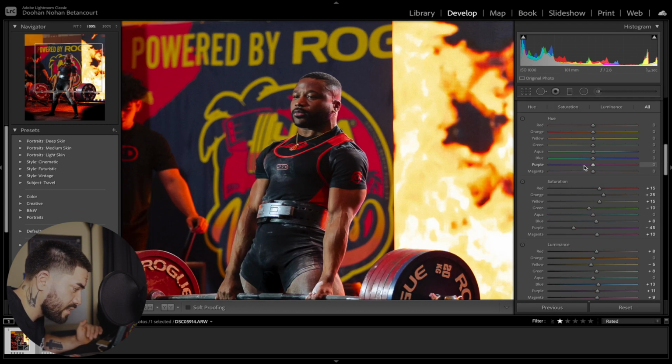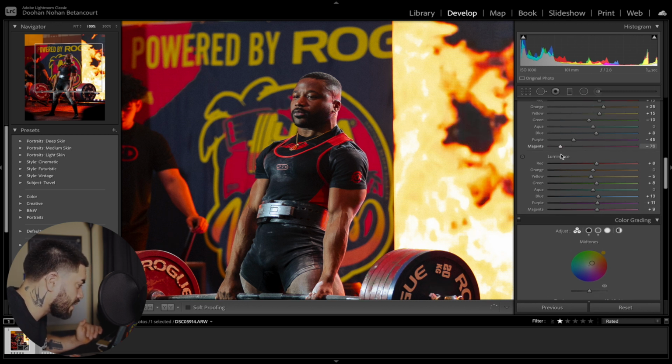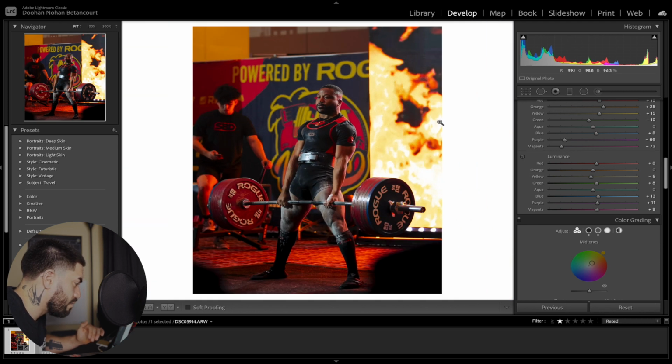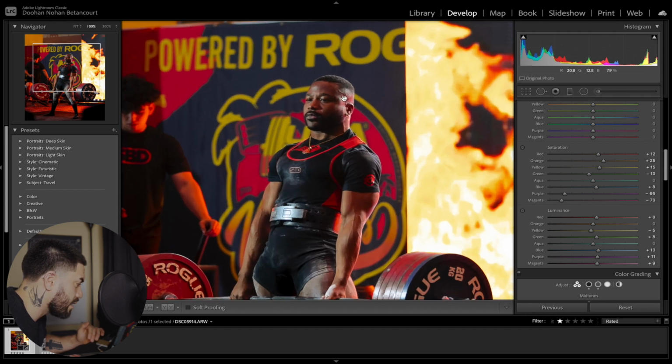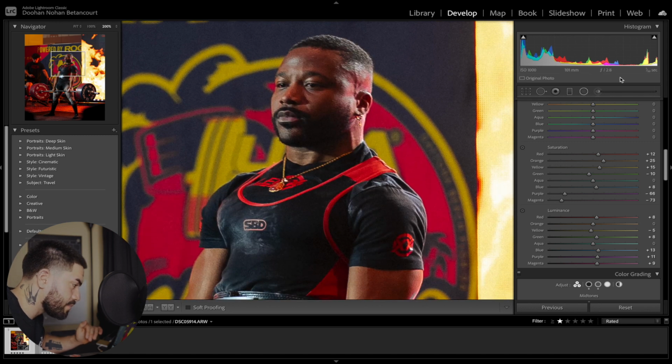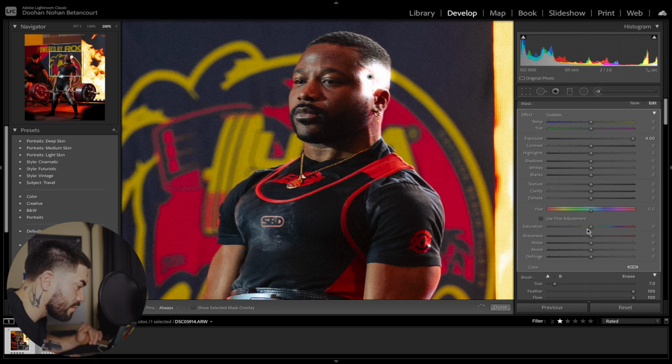There is some magenta and purple, so let me see if I can actually do anything here with the saturation. Maybe desaturate that just so it's not popping too much in his head. And then if we go back, that should be good. A little bit. I would say let's do some black, but then that would do the blacks on everything. I'm thinking if we could just, let me just go ahead and add a brush over this and see if we can desaturate that, because that's kind of throwing me off just a little bit.